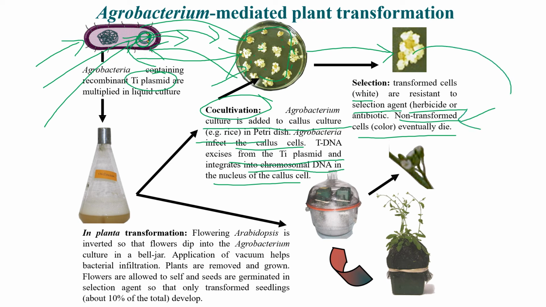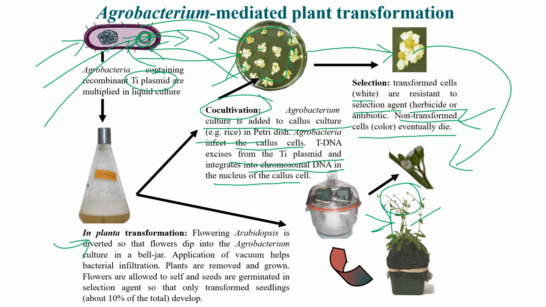So we'll only allow these colonies to grow using tissue culture methodology, where they further grow into complete plantlets, hardened and raised as transgenic plants, in which you have your original gene which you wanted to insert. Another methodology is in planta transformation, in which the flowering inflorescence,